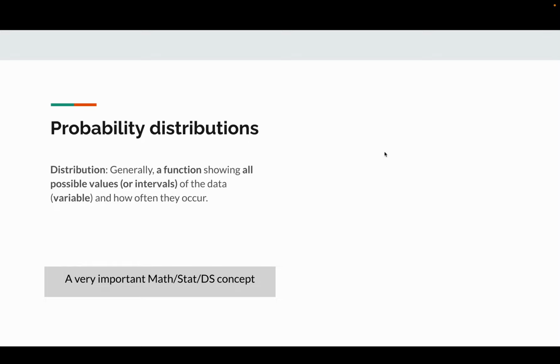In this lecture today we'll be discussing the concept of probability distributions. So probability distributions are generally a function showing all possible values or intervals of values of the data variable and how often they occur. This is a very important math, stat, or data science concept that we need to grasp